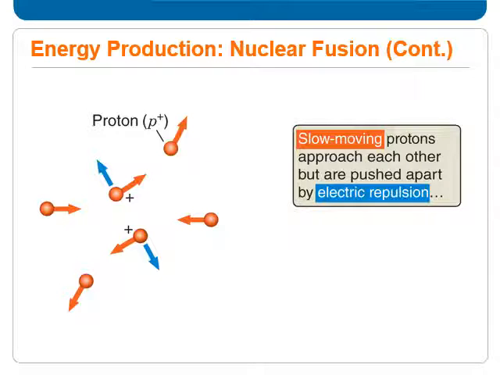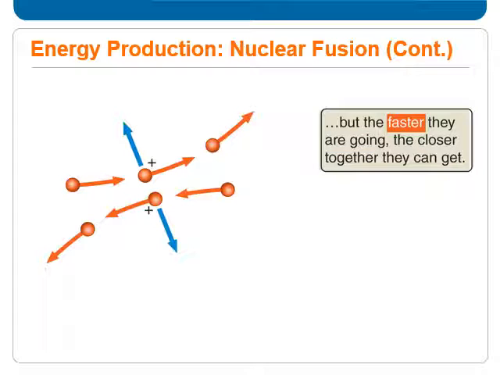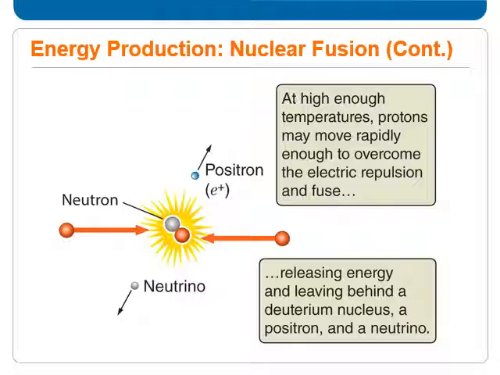Like charges repel, so electrical forces would push the protons apart if they came close to one another. In order for nuclear fusion to take place, atomic particles must get very close to one another, enough for the strong nuclear force to act. The strong nuclear force is a powerful but short-range force that holds atomic nuclei together. Due to the high temperatures and high densities in the core of the Sun, the protons can get close enough